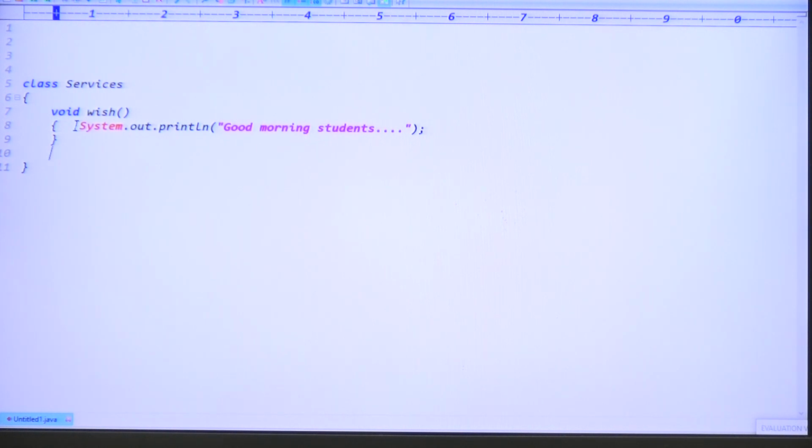Exactly. Then tell me, guys, is void wish an instance or static method? Definitely it is an instance method, right? Exactly. Can I take one more method? Void add method. Generally, to do the addition operation, how many inputs are required? 2 inputs, right? Integer number 1 and integer number 2. Inside the method, guys, you can print the logic: System.out.println of simply num1 plus num2.